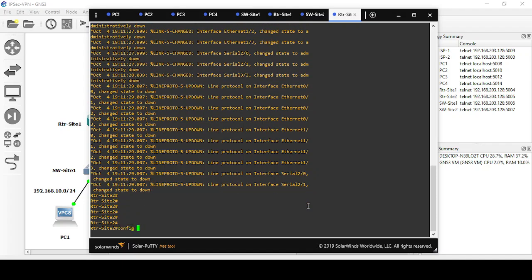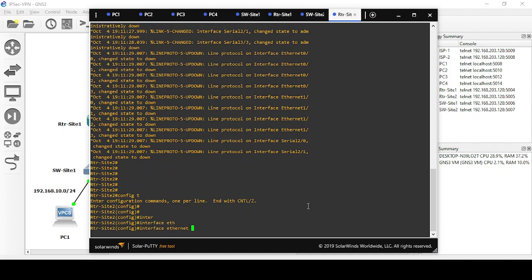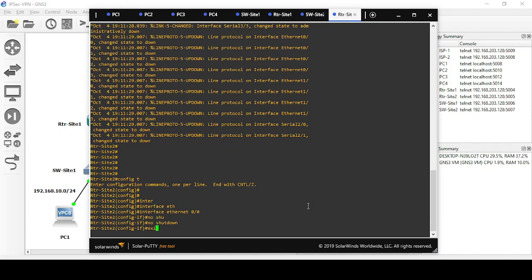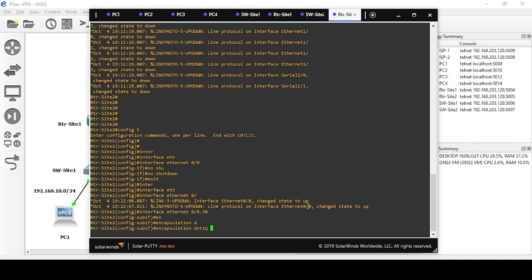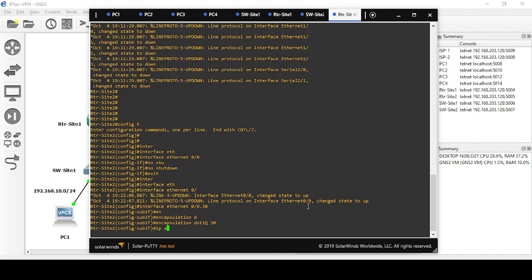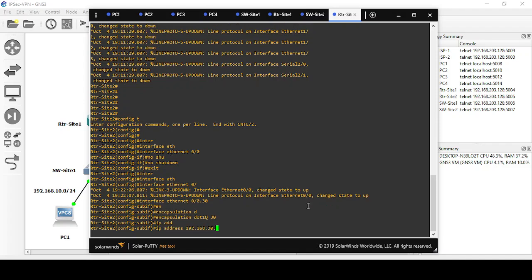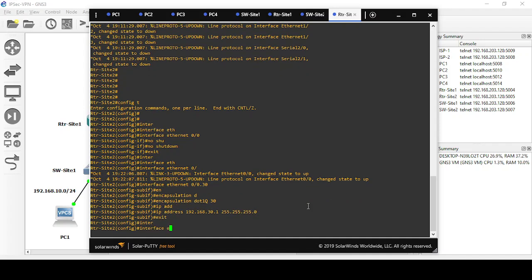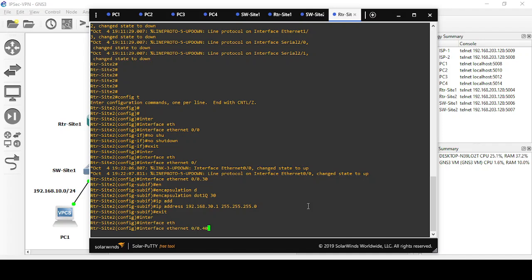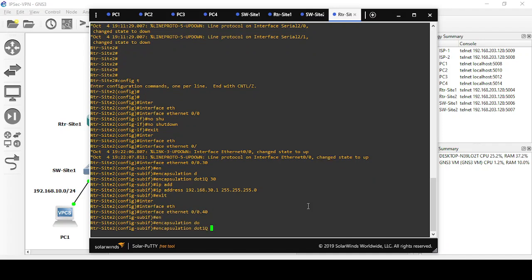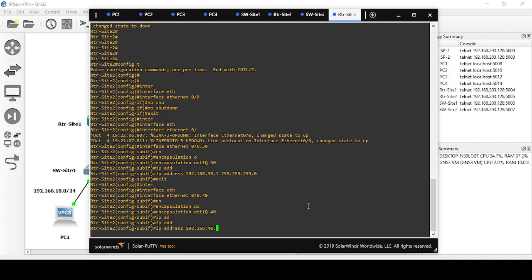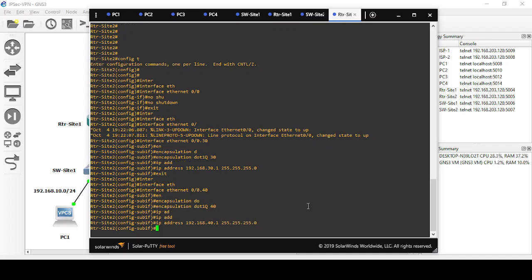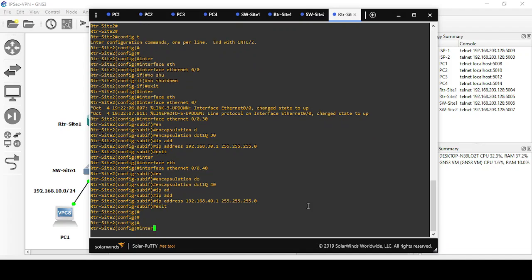Config terminal, interface Ethernet 0/0, no shutdown, exit, interface Ethernet 0/0.30, encapsulation dot1q 30, IP address 192.168.30.1, 255.255.255.0, exit, interface Ethernet 0/0.40, encapsulation dot1q 40, IP address 192.168.40.1, 255.255.255.0, exit, interface serial